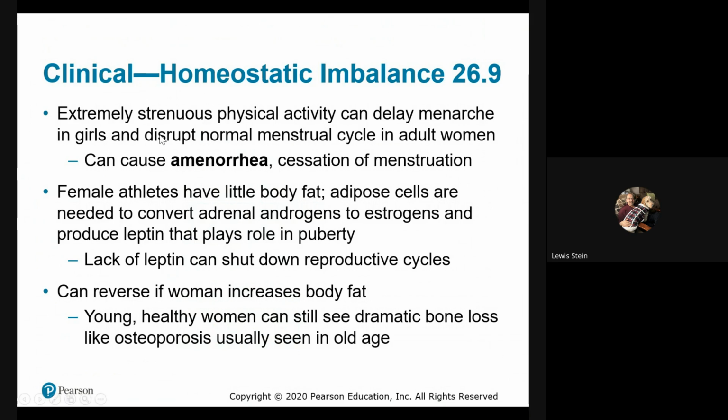We know that physical activity can, and there's a variety of factors that you can imagine can impact normal menstruation. And again, this is delaying it, and we've talked about this endlessly. The body fat relationships are so important to produce that leptin that plays that role in puberty. Lack of leptin can shut down the reproductive cycles. I don't want to get into it, but